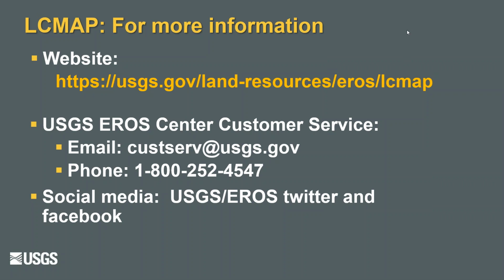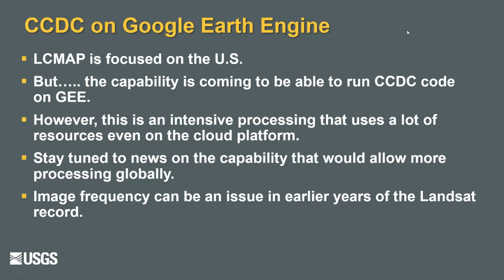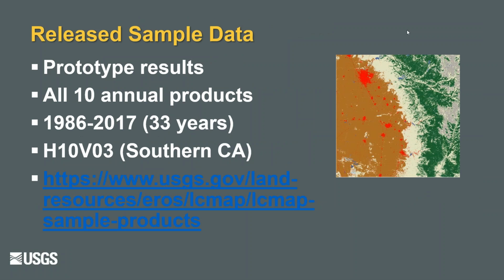I would recommend that if you're interested, I don't know what your bandwidth is for downloading things, but all of the data are zipped up, and you could download that sample data. Here's our address for that. And actually, if you just type LCMap, you'll probably come up with our website. You could see the water body I'm talking about is in this upper quadrant, to the right of Fresno here. We could see changes in that water body. Sorry for the long answer. I think there's a potential. Okay, thanks.